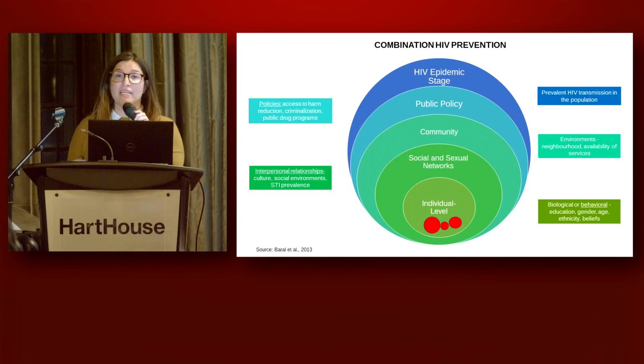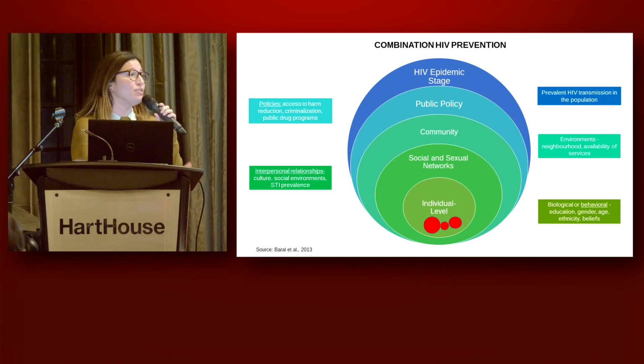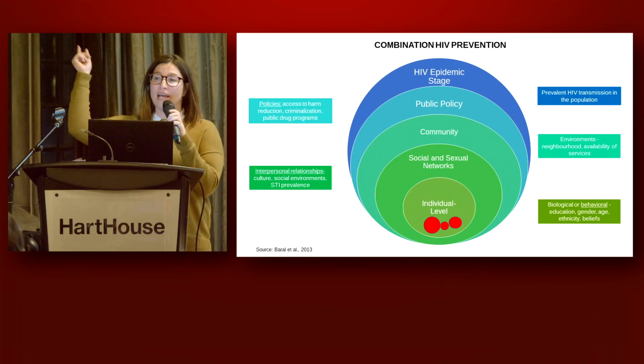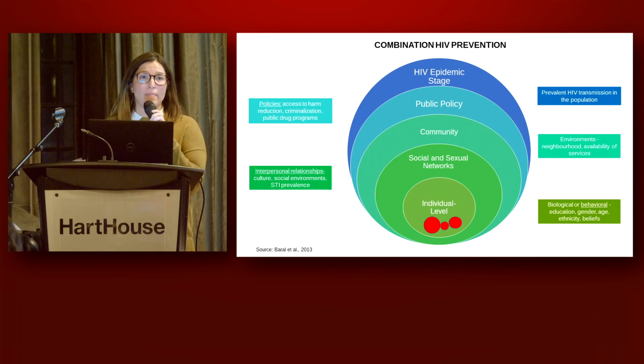Yeah, I really don't want to have a lot to say, but it's the idea that when we're implementing these biomedical preventions, we have to consider the real world context. So even with the vaccine research that Taylor was talking about, even if you have a vaccine that's 70% effective in preventing HIV, are people going to take the vaccine? You have to consider all the real world. What's it going to cost? Is there going to be stigma associated with it? There's all these other players that need to be considered when we're talking about these biomedical interventions.